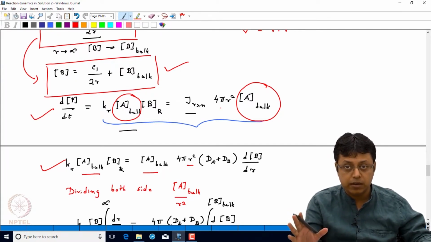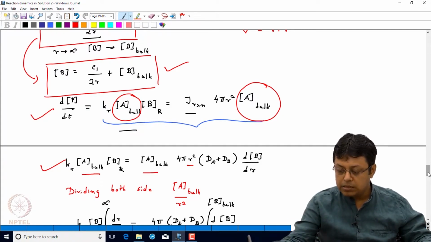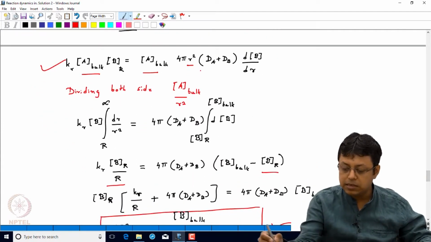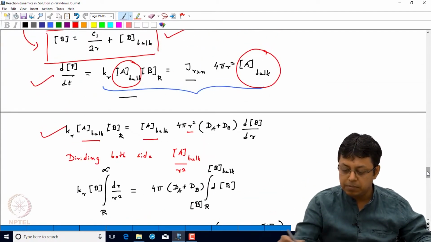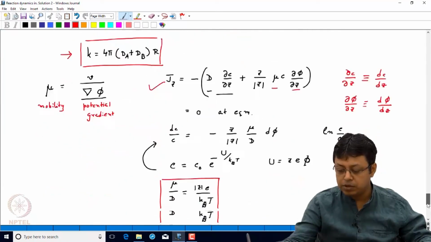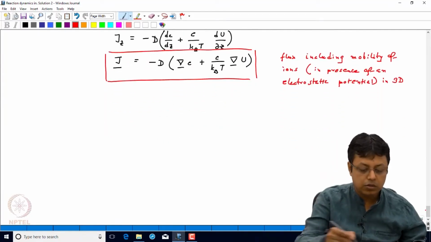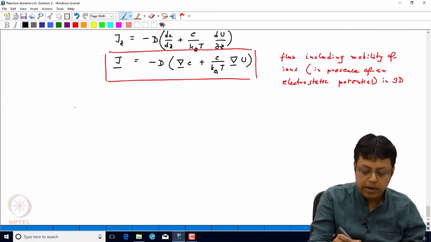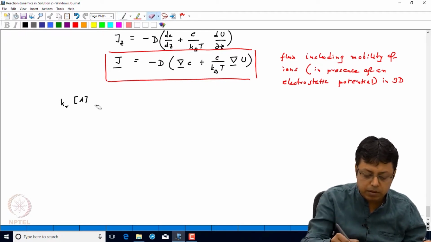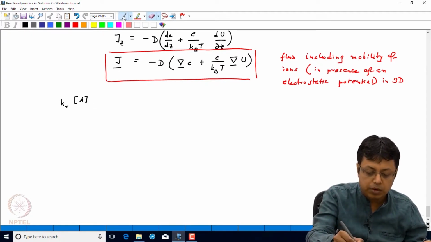Right now J reaction is equivalent to the J itself, times 4 pi r square times A bulk. And all we are going to do is, instead of writing this J as something like dA plus dB into this, we are going to include the electrostatic potential's effect. So on my left hand side I will have the rate as Kr. I'm using similar notation as in the last lecture. Instead of the A equilibrium notation, I am using the bulk notation, because this is the bulk